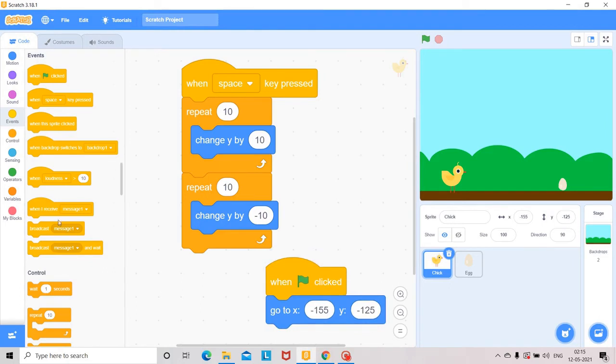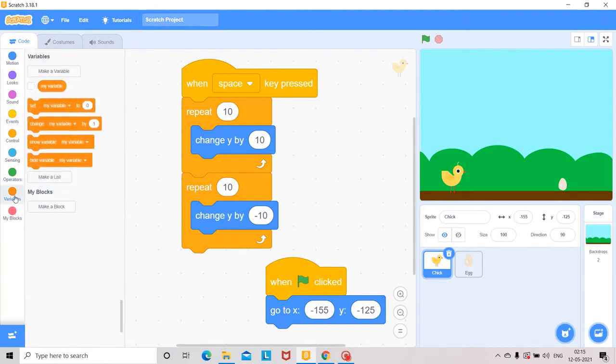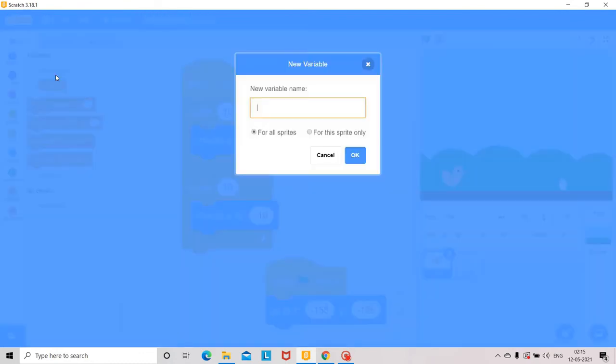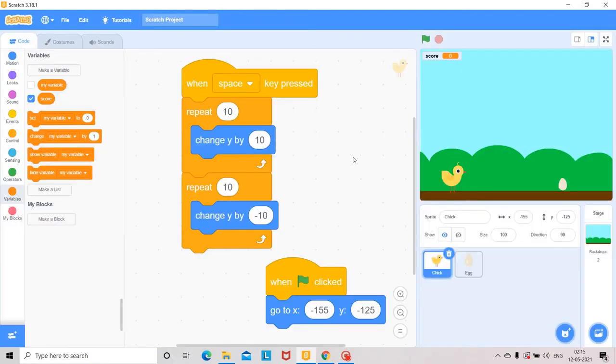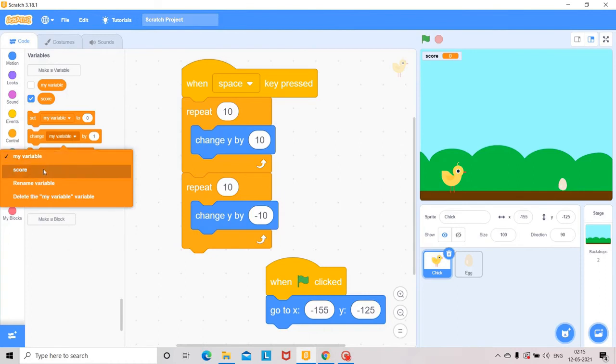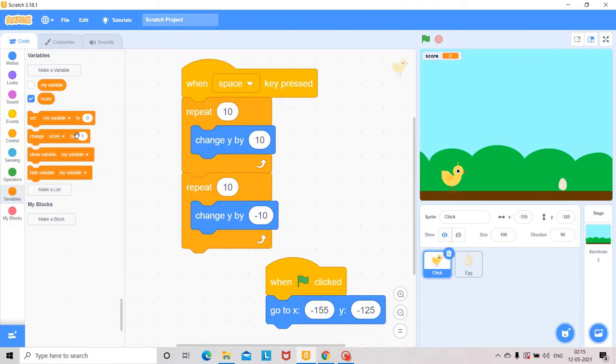So for score, we get variables. In variables you get the score, so you can make your own variable, that is score. So change the variable, not set. So change the variable score by 1. Okay, so the score should increase when the chick jumps over the egg.